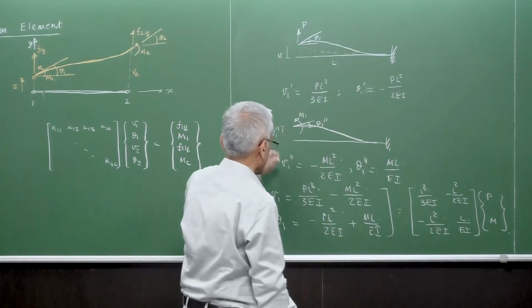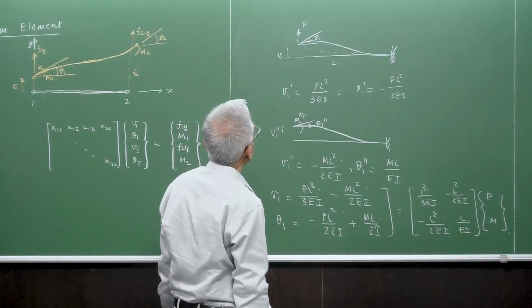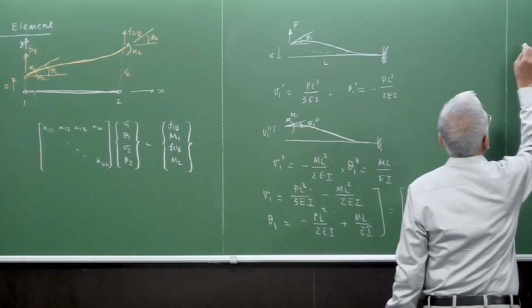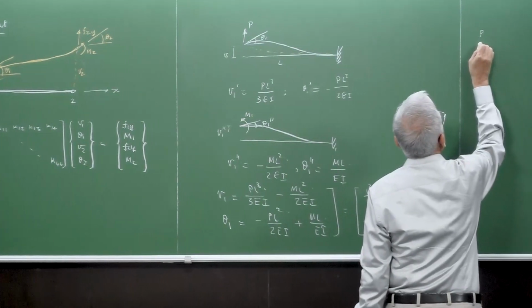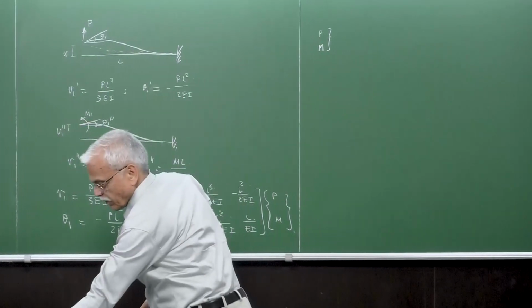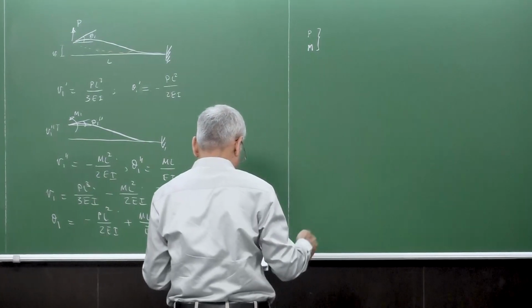So this is what comes from the strength of materials, and so that means that essentially you have to invert this P and M. So if you want to write P and M as an inversion of this one, so we can write